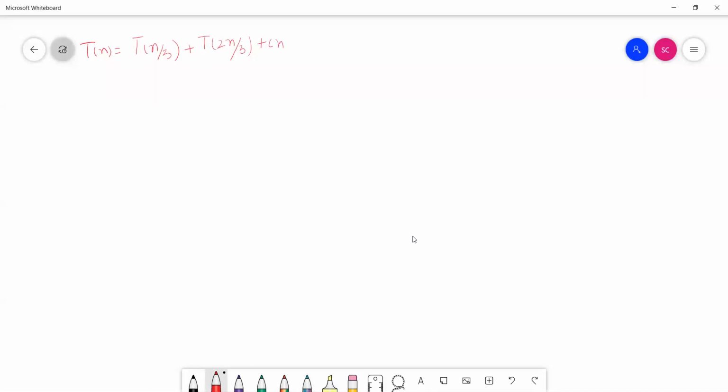See this question. So Tn is equal to T of n by 3 and again T of 2n by 3. And before solving this question, one thing I would like to tell you: in some questions you will get it like this, in some questions you will get it like this also, or maybe you can get 2T of ceiling of n by 4. So these are only for confusion. This floor and ceiling doesn't mean anything. This is only for your confusion. So ignore these things.